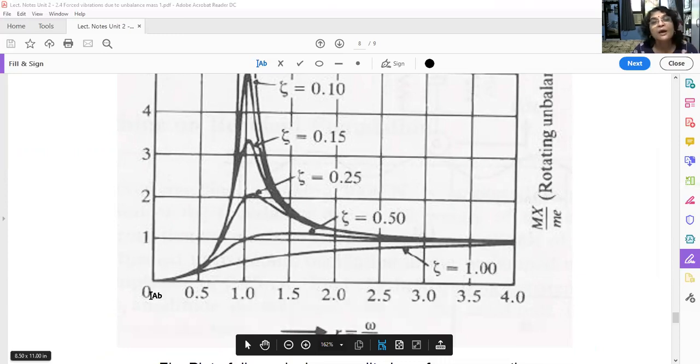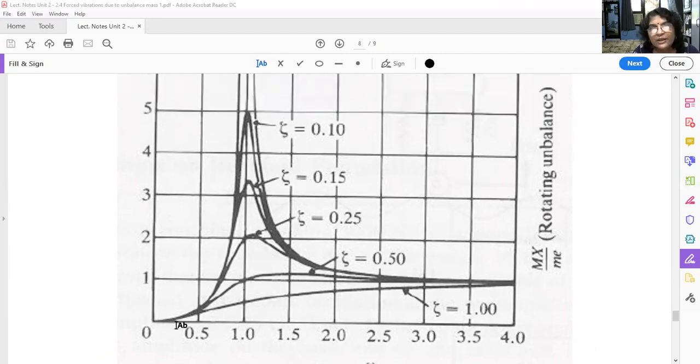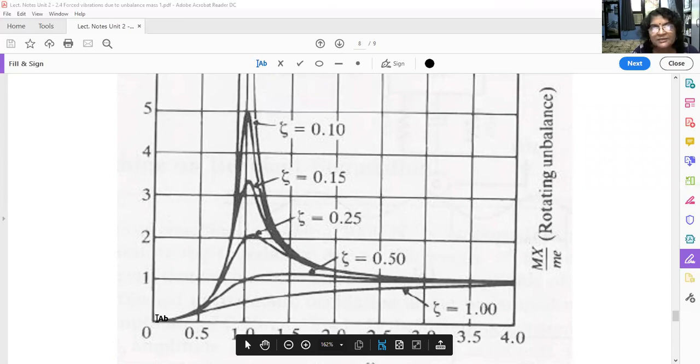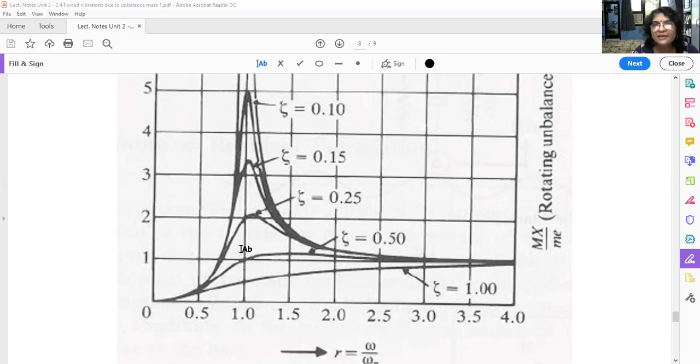Now consider the case of zeta equal to say 0. As you go on increasing the frequency omega, this amplitude goes on increasing, and you know where it will be maximum: at the resonant condition, that is where omega upon omega n is equal to 1. This is the resonant condition. So at omega upon omega n equal to 1, that means omega is equal to omega n, the amplitudes for all values of zeta are maximum. Peaks are going to occur here. We have learned in detail in the earlier lecture what we mean by peak frequency. So this is the case when zeta is equal to 0.